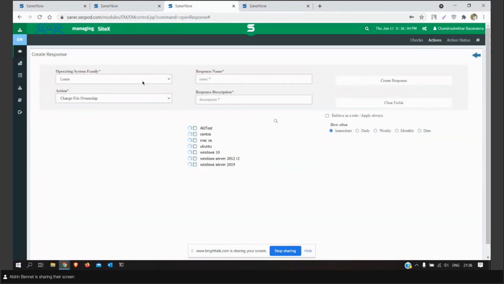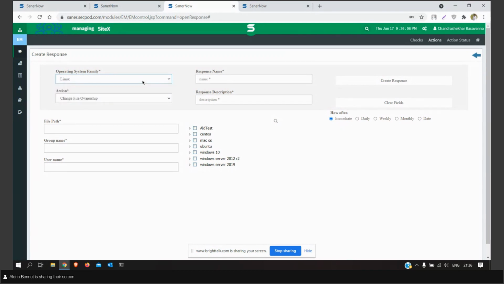And we provide this file changes option for all platforms. Here, if you select Linux or Mac, you do have different options from deleting a file to changing the ownership or permission of the file as well. You just have to select the required option, put in the file path, select the devices, and send it to the endpoints. That's as simple as that, Dikshita.